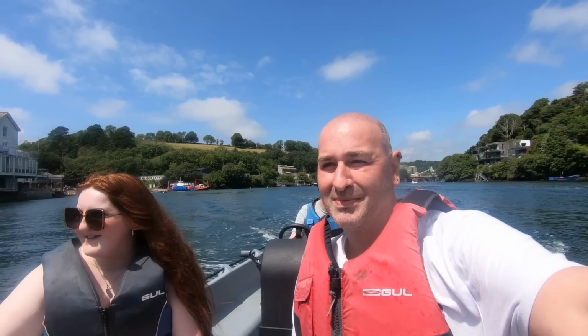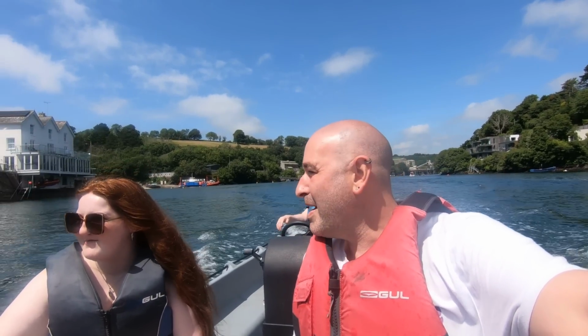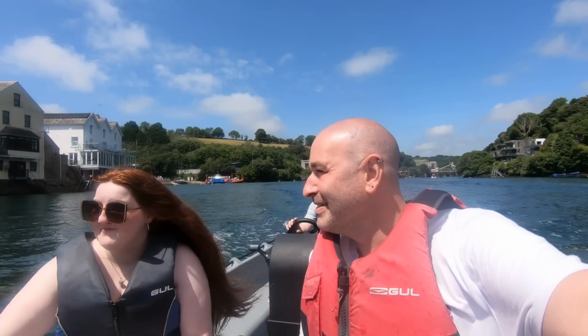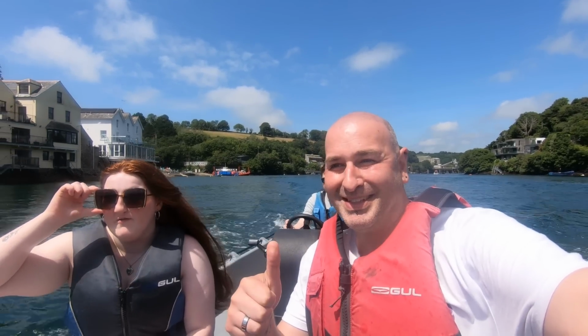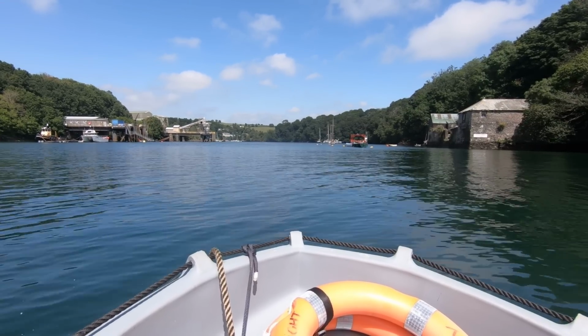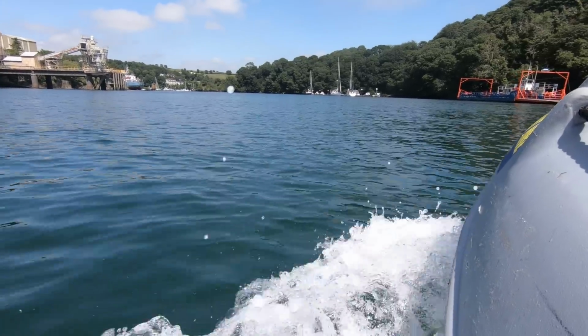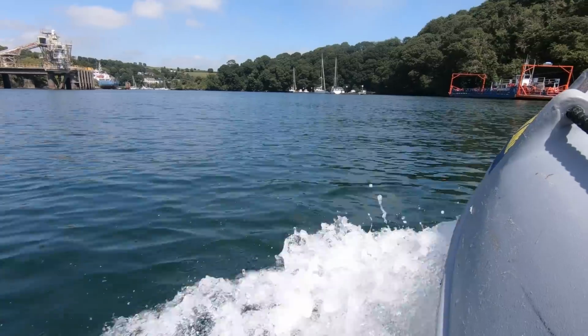operate. We spent a great hour driving around the river and taking in the sights of Fowey and Polruan. Steve's boats are really modern and nice to drive, and I'd highly recommend them if you're in the area and looking for a great way of seeing Cornwall by boat. It certainly is a fun, easy and comfortable way to enjoy the magic of Fowey Harbour and its